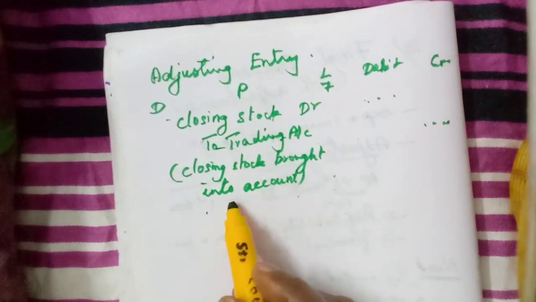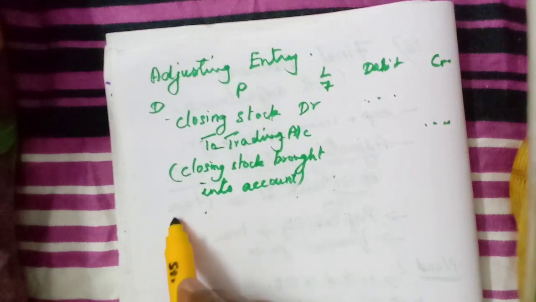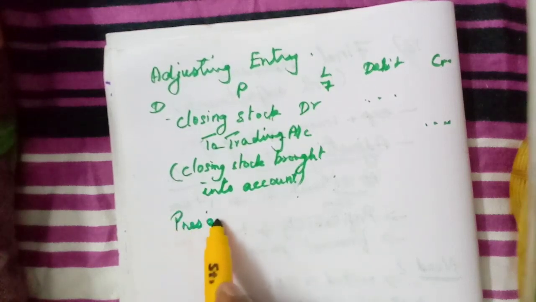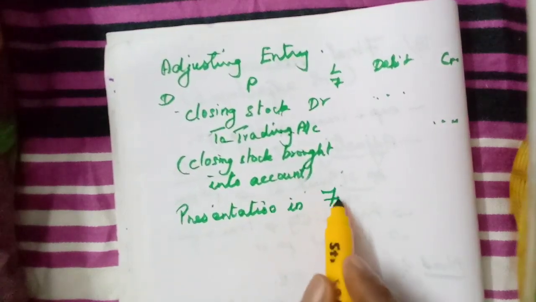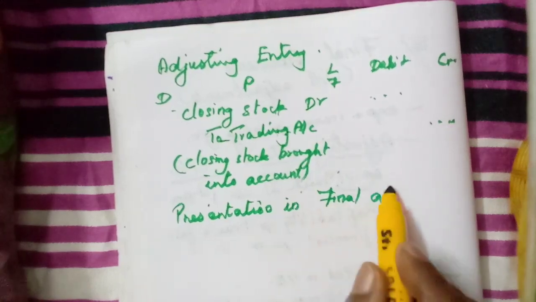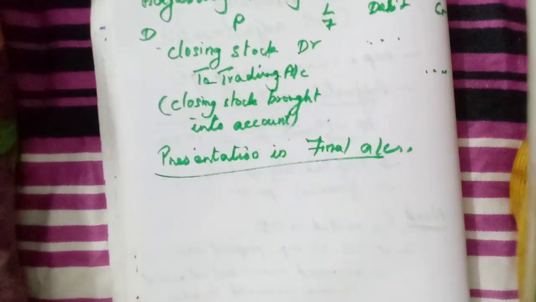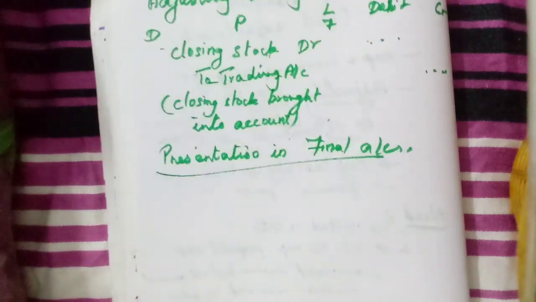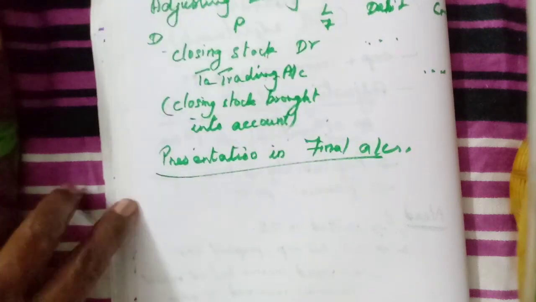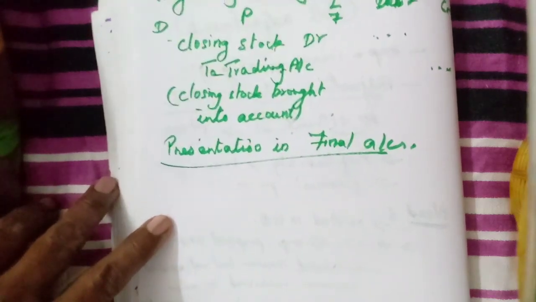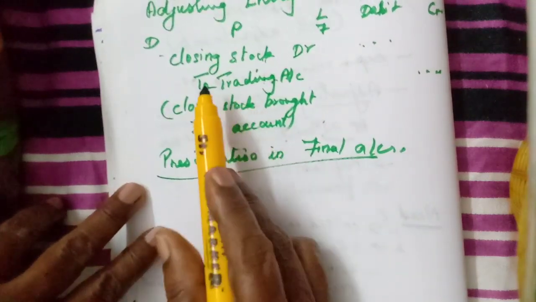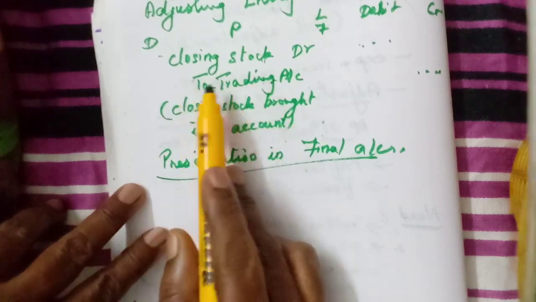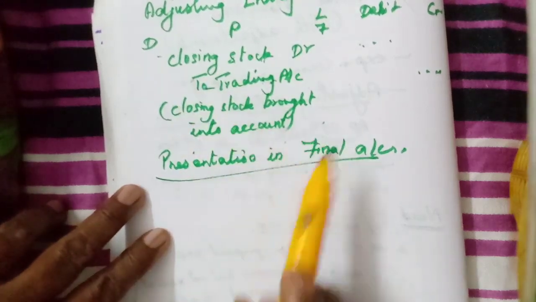Then where it will appear? Okay, that means the presentation in the final accounts. Presentation in final accounts. Each one you should understand clearly. Okay, they may ask in some problem, they will ask only the adjusting entries. 5 items they will give, they will ask you to write the adjusting entries. Okay, so you should know what is the adjusting entry for closing stock account debit to trading account, 1 mark. Okay, then